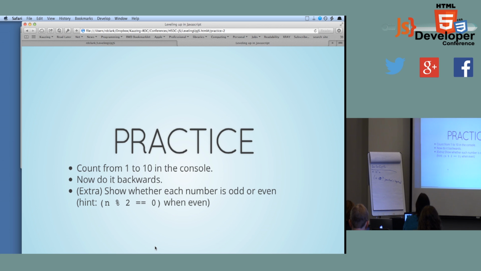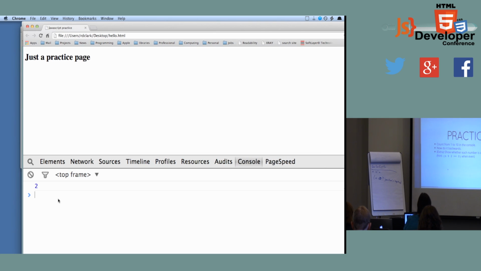Okay, so practice this. Go set up a for loop, count from 1 to 10. Easiest way to do it, if you have something like Chrome running or Firefox with Firebug, is just do it in the console. You can type JavaScript statements directly into the console. So I can write something like var x equals 1. Now let's do like var equals 10.